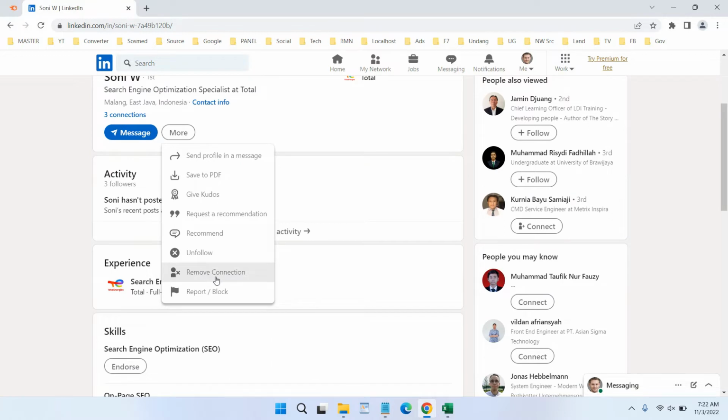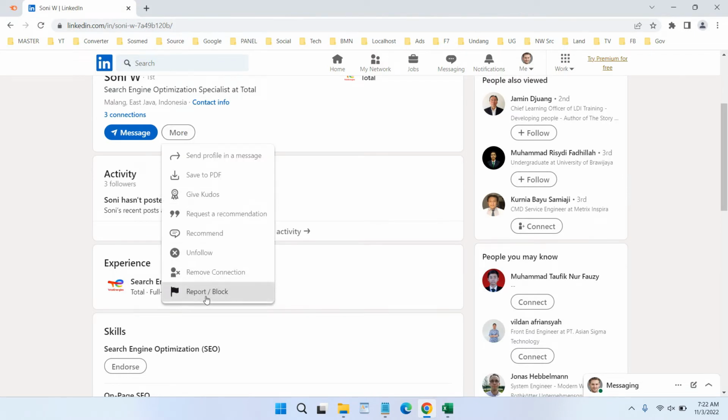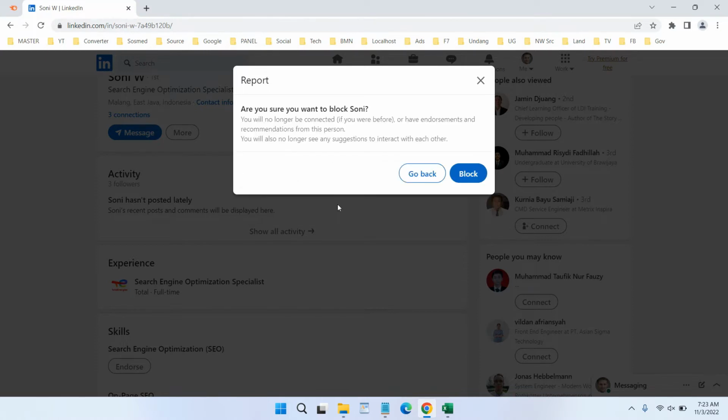and you need to click report or block in here. Then you need to click the block, and to process you can click block in here. Let's block these people,